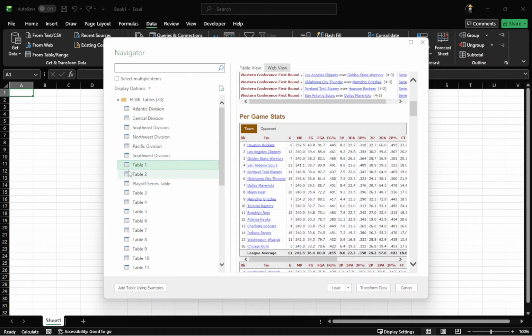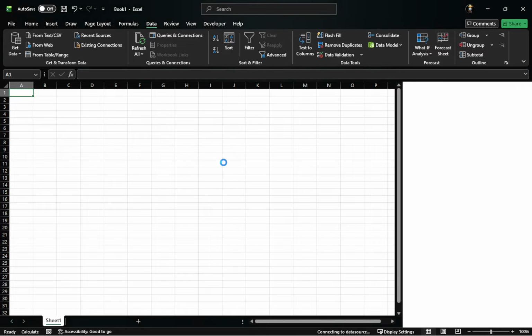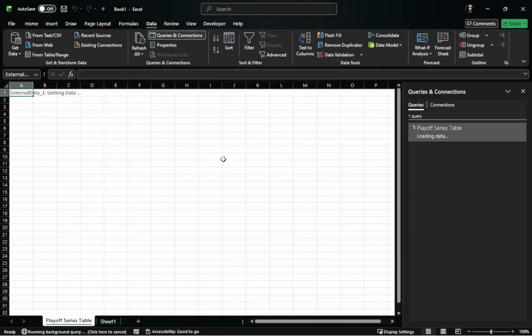Excel will think for a moment, then you will see the web data appear in your sheet as a new table filled with rows and columns. It usually starts in the currently selected cell, so check which cell is active before loading to avoid placing it on top of existing content. Once loaded, this table is now linked to that web source, not just a one-time copy.